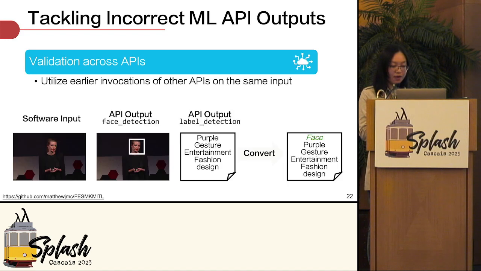For example, a smart album uses Google's face detection API to find human faces in the image. It then invokes Google's label detection API to categorize the same image with the focal value face. While the former is a more specialized API for finding humans, the latter API is also able to classify human images. Therefore, when one of them recognizes the face but the other does not, SmartGL will regard the latter as incorrect and add face to the output array.